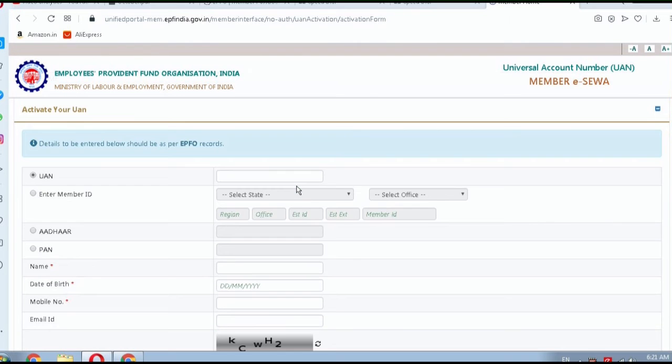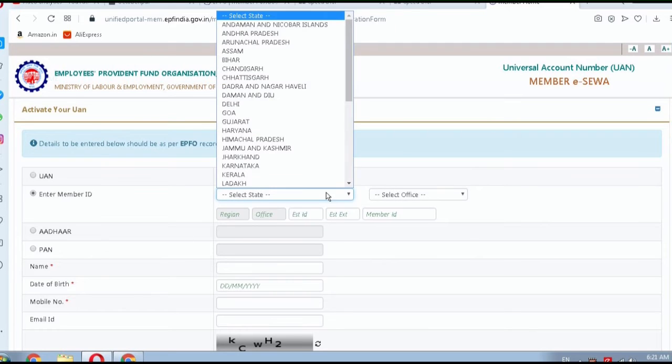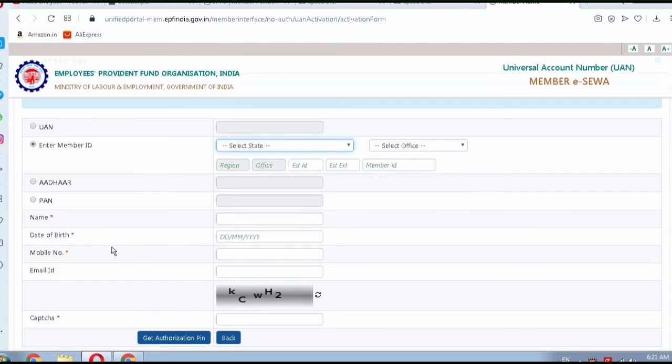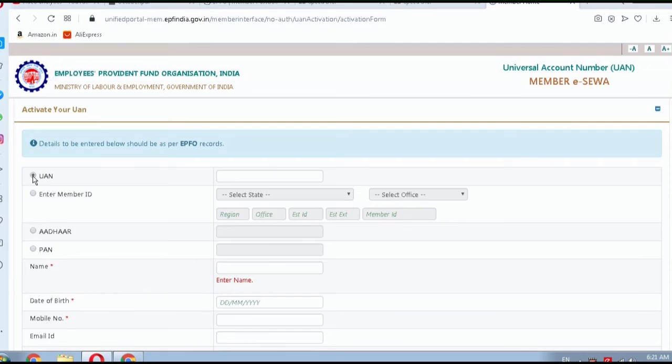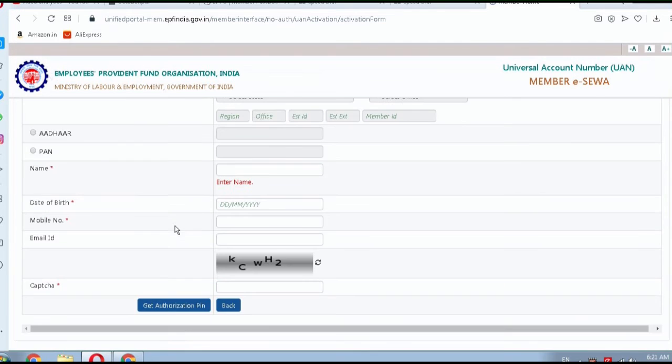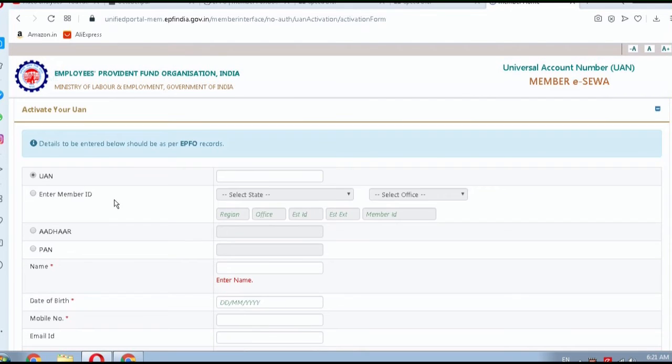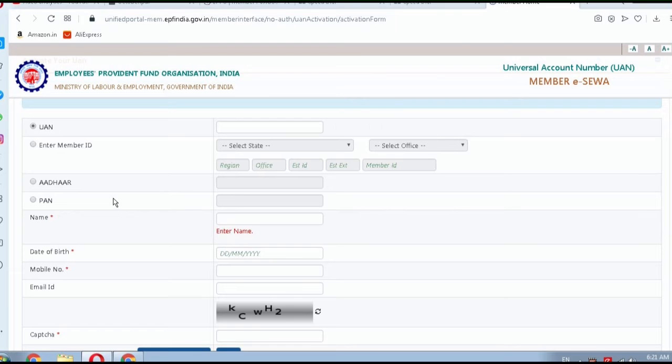There are 4 options here. Select any of them and fill in the details as per the option you have selected above, be it UAN, PF number, Aadhaar or PAN. Please fill in the details as per your document, and you can get your UAN number activated.